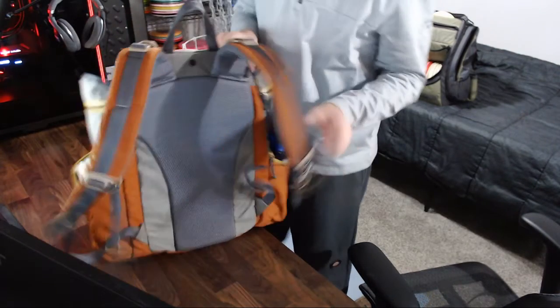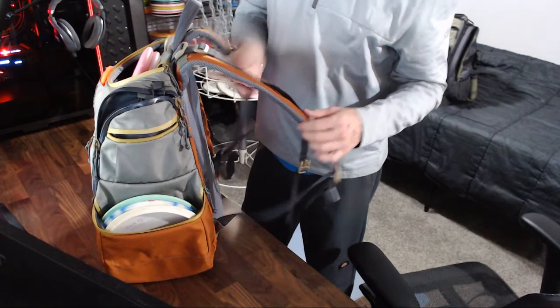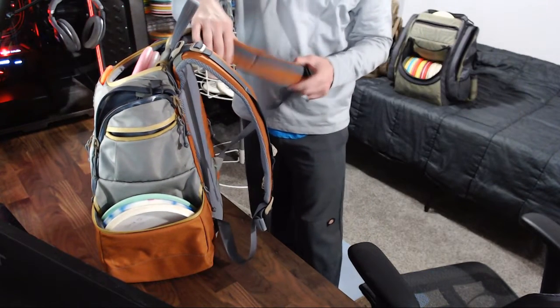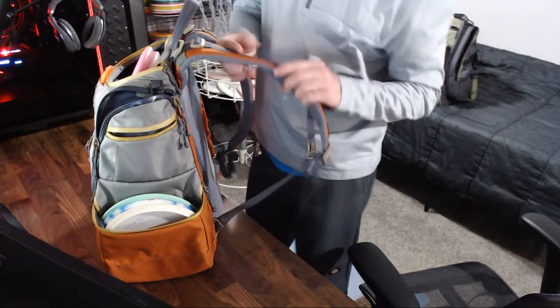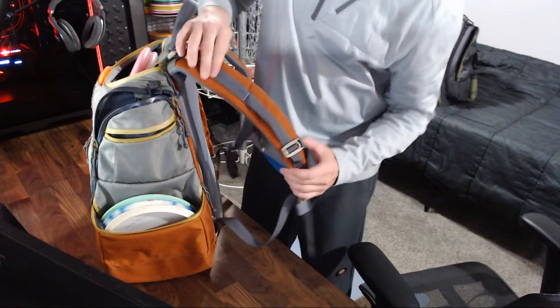So I took that into account when I did the measurements. Anyways, this hasn't shown compression yet from use, and I measured it at 19, which is just ridiculous. The other thing to note is